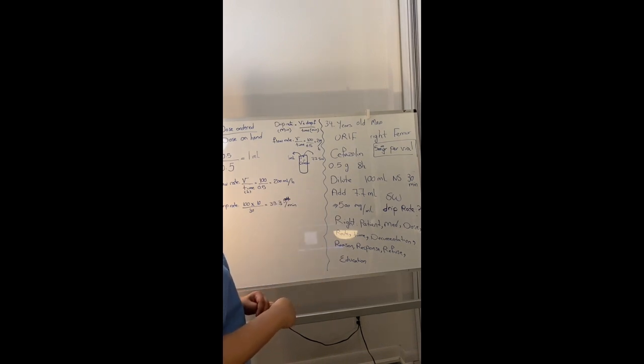After that, the IV pump will come, so we have to recalculate the flow rate. The flow rate is gonna be the volume divided by time in hours. So the volume is gonna be 100. The time in hours is half an hour, 0.5. The final is gonna be 200 ml per hour. So the number that we're gonna enter in the pump setting should be this amount. So I'm gonna change the camera, pause the camera.